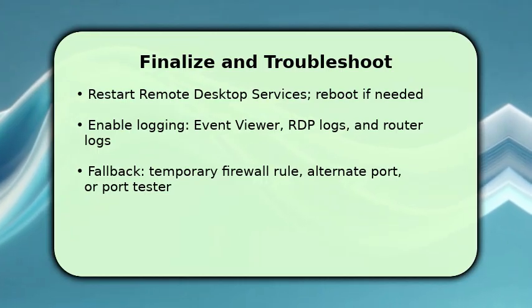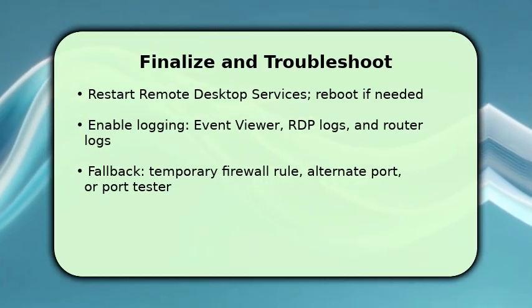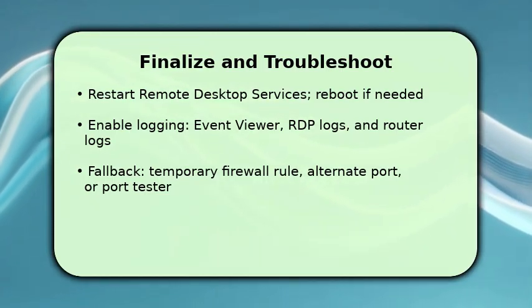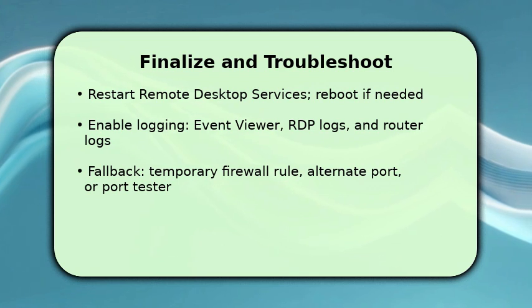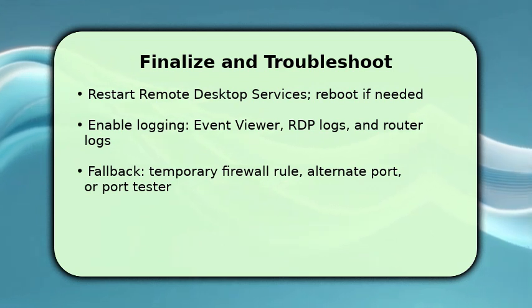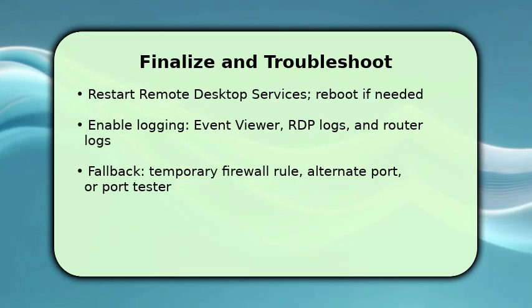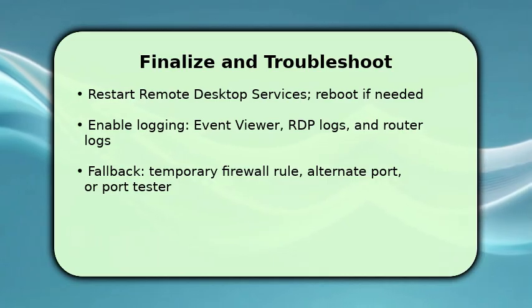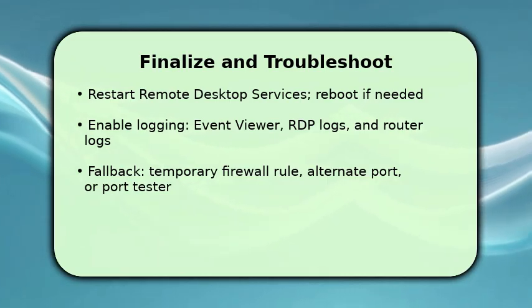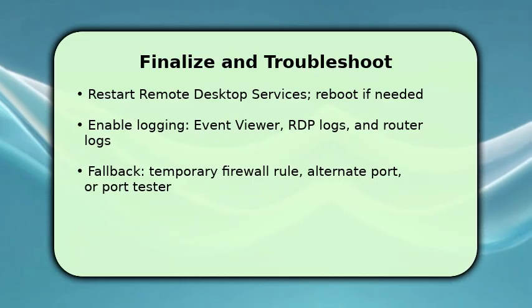Then inspect Event Viewer and RDP-specific logs for authentication or listener errors, and check the router log for dropped connections. If problems persist, temporarily open a firewall rule or test an alternate port to bypass ISP port blocks. Just remember to secure any temporary change. One key tip: